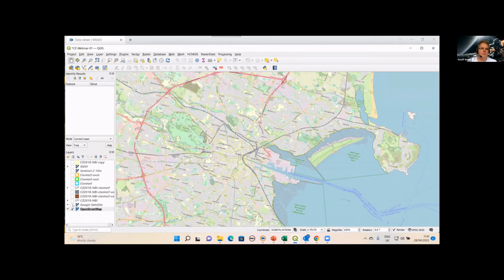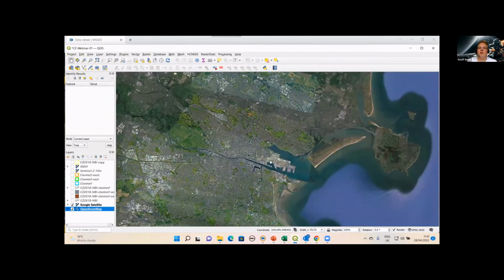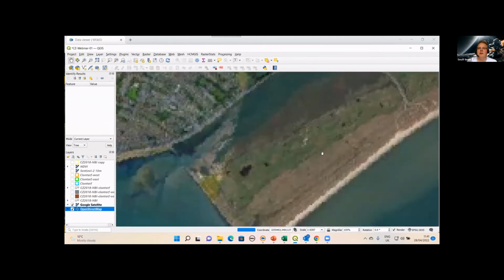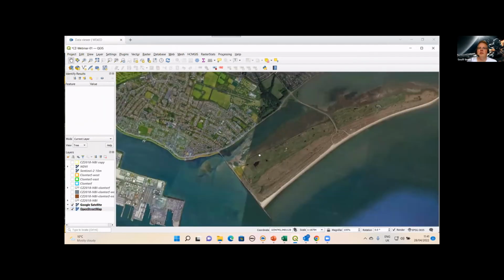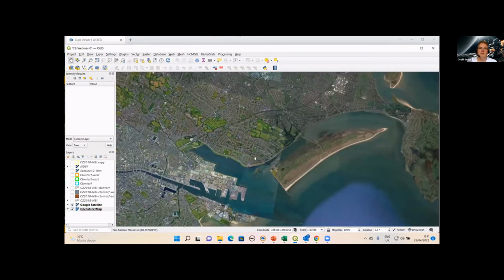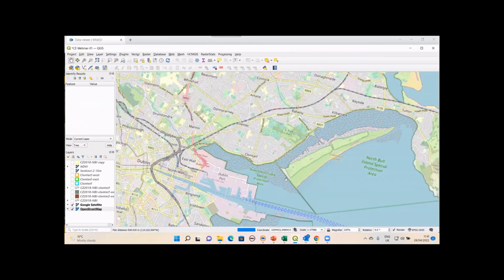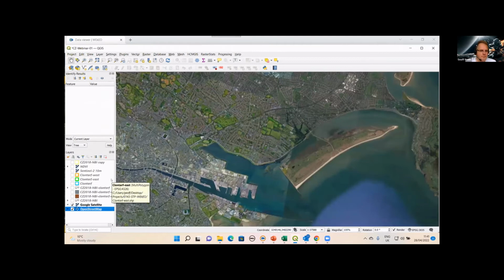And also within many of these GIS applications, you also have image layers as well. So here's an image layer, and we can zoom in and look in more detail at North Bull Island there. It's just refreshing. So we can then start to think about how we will take our analysis forwards. Just waiting while that refreshes there. Oh, there you go.